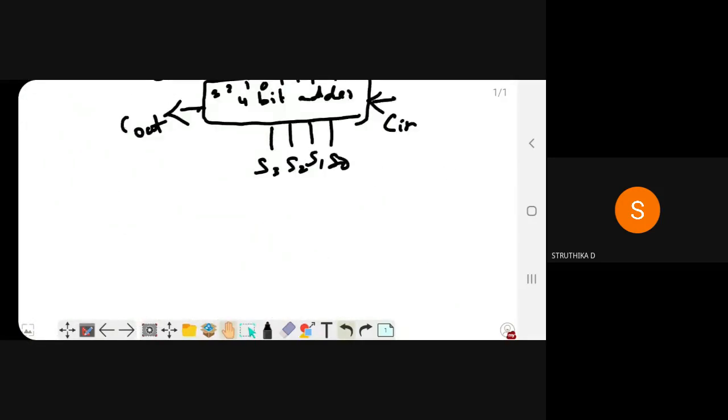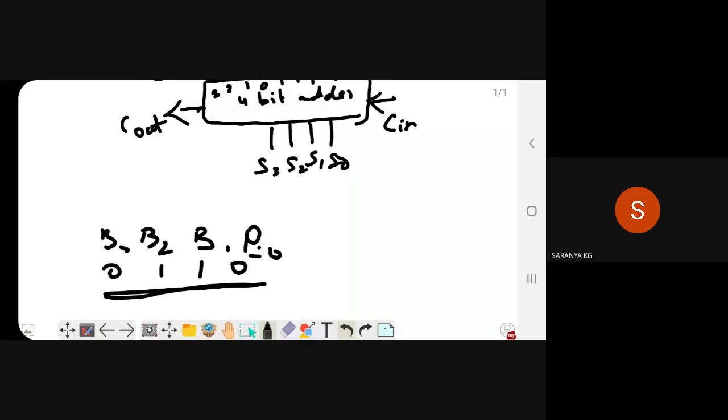Consider B3, B2, B1, B0. Here I have given the output of the OR gate, that is 1, in B2 and B1. Then for the remaining, what did I ask you to give? What value should I give in B3 and B0? 0, ma'am. 0. Now see what value we have got. 6, ma'am. 6. So here you will have the value 6.